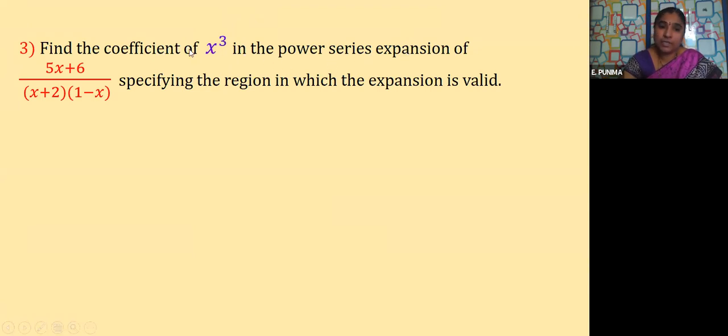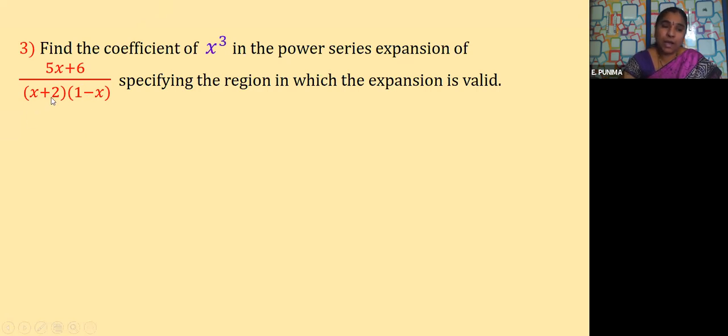Because it is easy to find the coefficient of any term with any power. Here in this sum we are considering x cube. Suppose I ask you to find the coefficient of x to the power of 4, or the coefficient of x to the power of 6. I don't know whether in this expansion I get x to the power of 6 or not. If I ask you what the coefficient of x to the power of 6 is, directly it is not easy to say. Yes or not? So that means you have to go for the division method. Division you have to do.